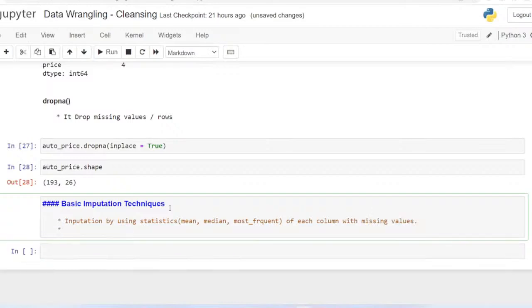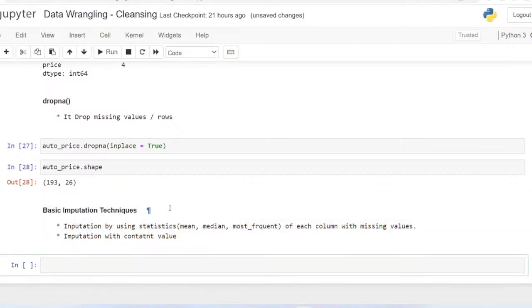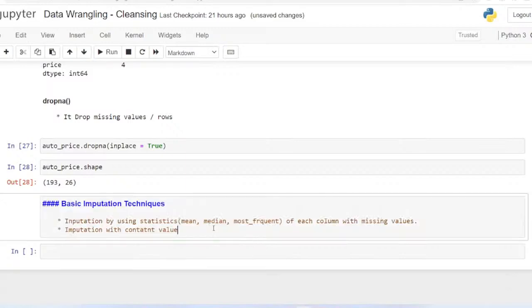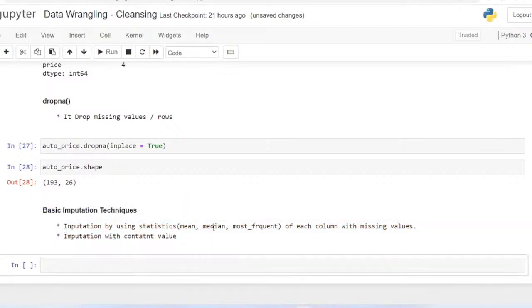Next is imputation with a constant value. When you want to do the imputation strategy with a constant value, in this case you have to rely on creating your own function using def. When we are targeting the strategy of mean, median, and mode,